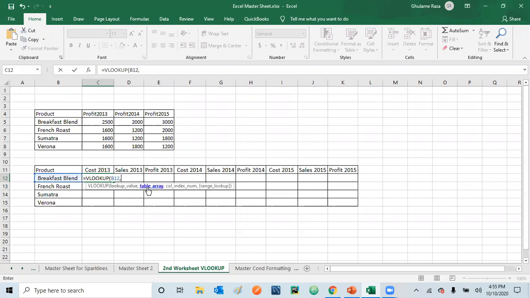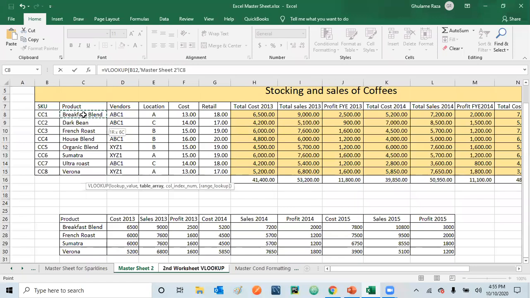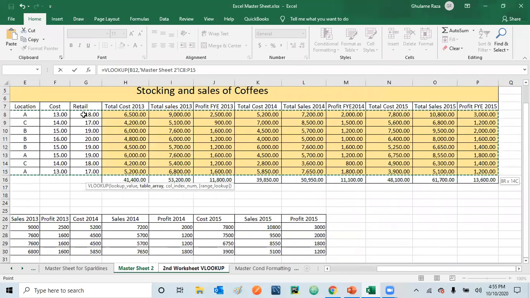Then it asks which table you want the answer from. Again, we go to our master table and select the entire table. This table is very small, but of course, when you're working in real life, the table may have hundreds of columns and hundreds of rows. Then you will find the importance of this VLOOKUP. Once you select the entire table, simply press F4, and then your data is selected for finding the numbers. Then put a comma to make sure that you have complied with this requirement.